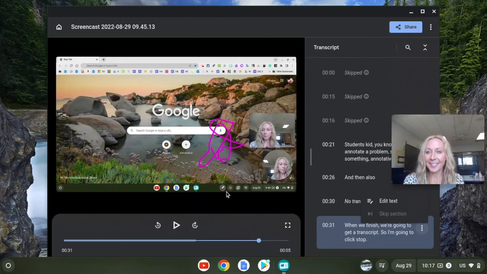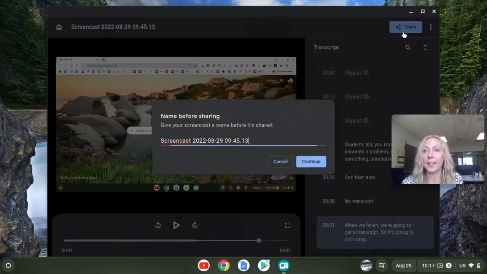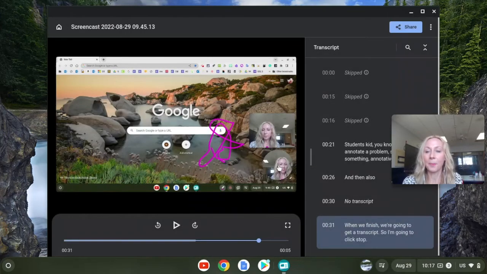So that is it. That is the new Screencast app, and again, this goes right to Drive, so you can share it right from there. There's a share button at the top. It's really simple to use,